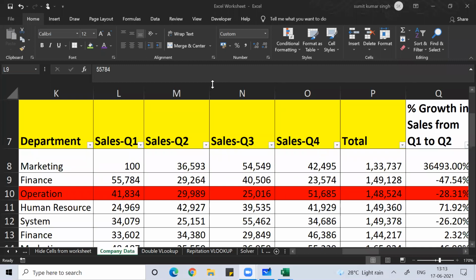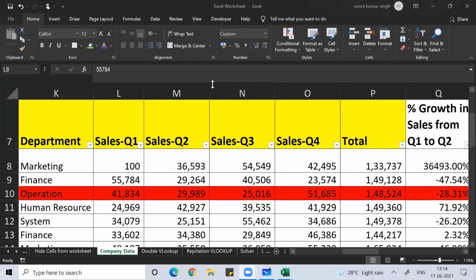Can you understand what I'm trying to tell you? If I copy this company data and paste it in some worksheet, and I make any change here, the same thing should reflect there. I hope you are getting me.